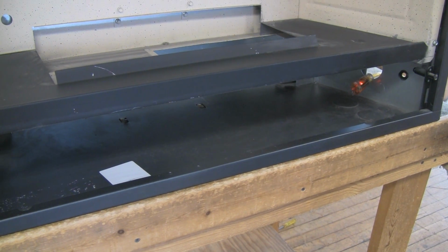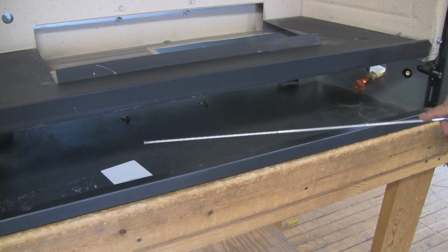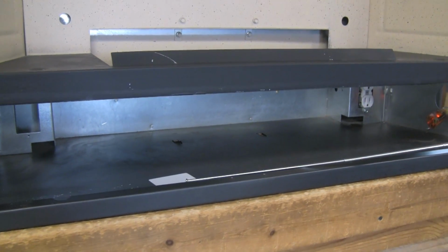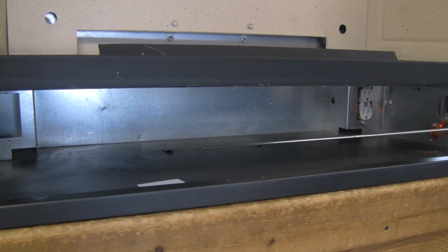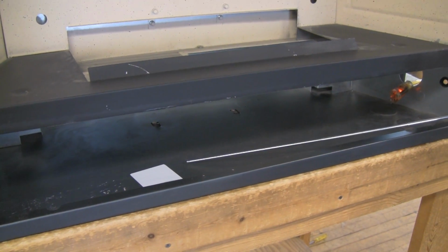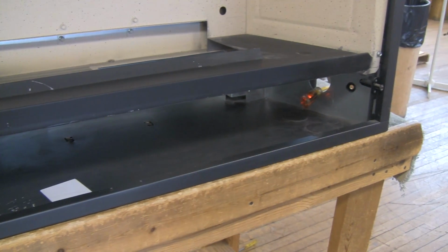For demonstration purposes, we're using a skeleton of a fireplace insert. As you can see down below, the gas control lines, the control valves, and everything else that you're going to have in your unit have been removed just to provide a visual for you. So you're going to have to work around everything that you have located down here. It's going to be a little bit more difficult than what we're showing you, but to give you a visual,